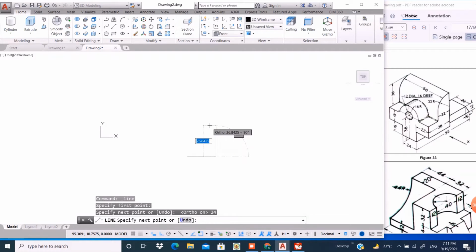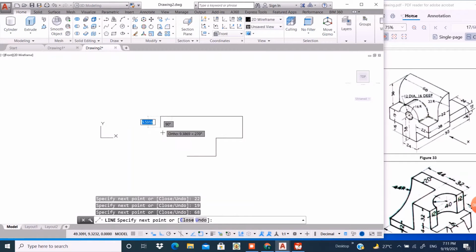Then take it left 16 units, take it right 22 units, then take it left 19 units and then 68 units, again take it below 19 units and then don't click here, just drag it upside and click here and join.